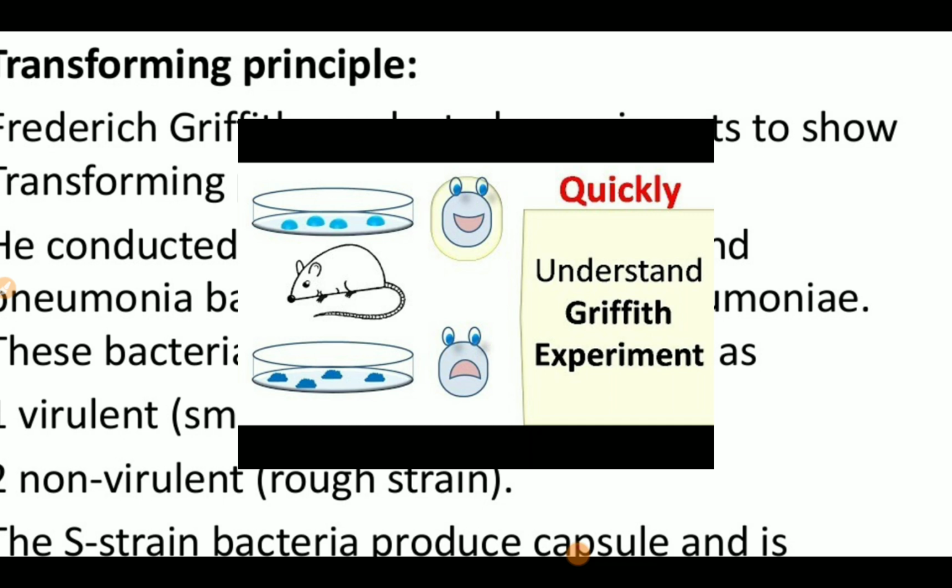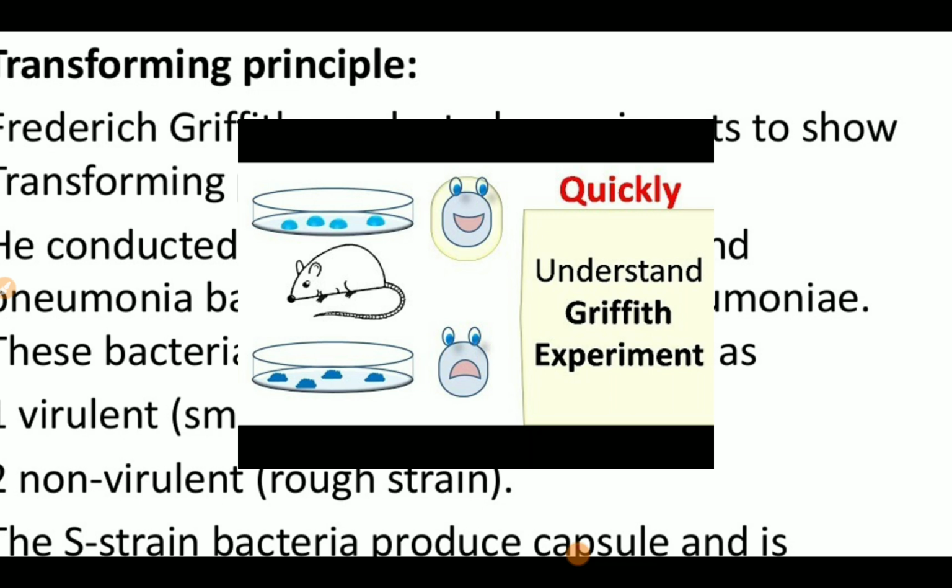Transformation is the change in the genetic constitution of an organism by picking up the genes present in the remnants of the dead relatives. Transformation, that is completely change in the nature. Nature ही बदल गया है. So it is the change in the genetic constitution by picking up the genes from the remains of the dead relative. जो dead relative है उसमें से genes जाके क्या कर देते हैं, nature ही change कर देते हैं. That is called the transformation principle. Okay, so that is totally change in the nature.